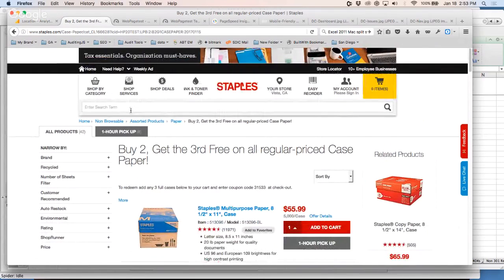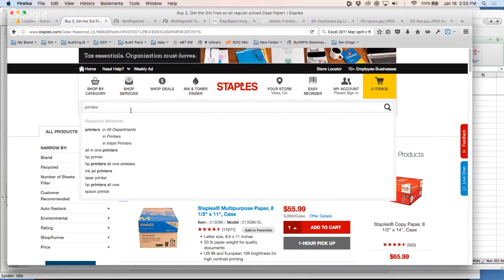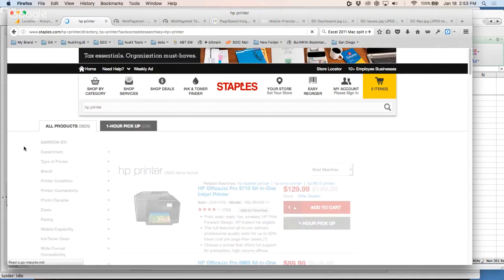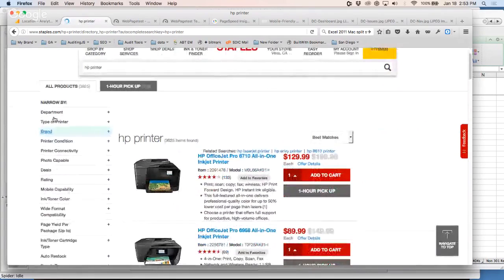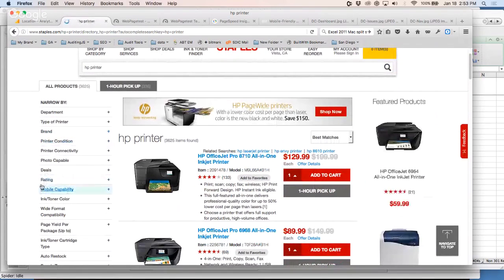Right now, their site changes all the time, right? So I want to look for printers, right? And then you get all these choices, right? And let's go to HP printers, right? Same concept, right? But then I get all these choices on the left. Well, what do I allow to be sorted for the user, and which ones of these deserve to be indexed?